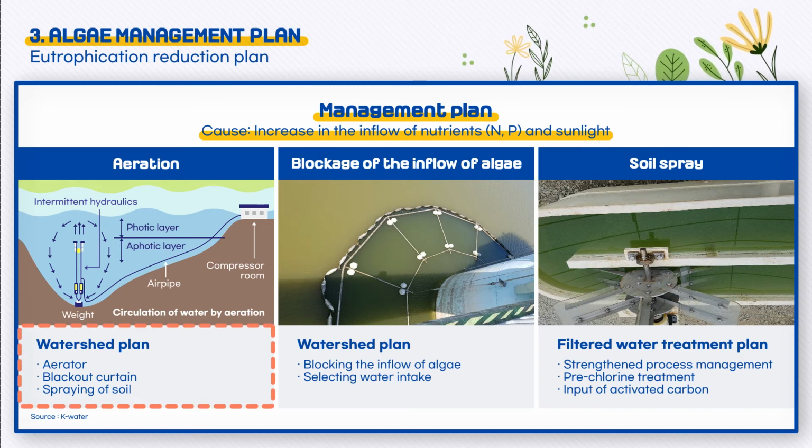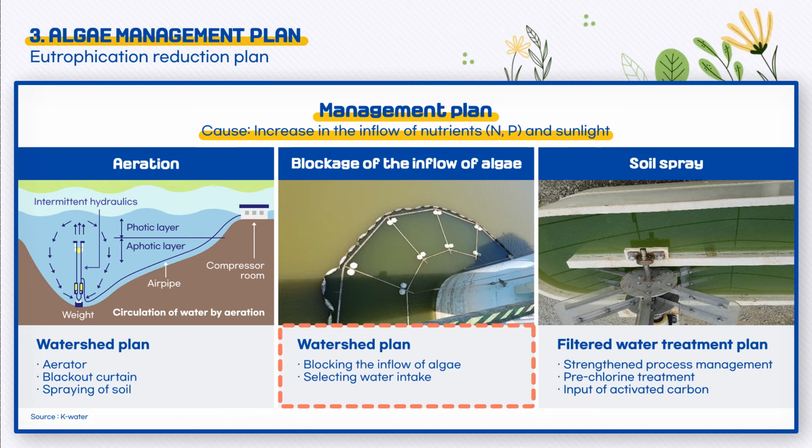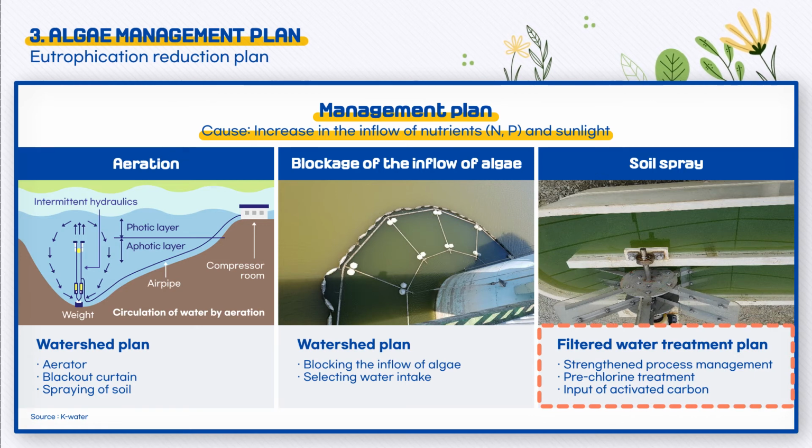The watershed plan includes the operation of aerators, the installation of shading screens, and the spraying of soil, among which the spraying of soil had been used previously, but has rapidly decreased due to its effects on the ecosystem. The water intake plan includes the installation of a blockage of the inflow of algae and selection of water intake, and the filtered water treatment plan includes the strengthened management of treatment processes, pre-chlorine treatment, and the input of activated